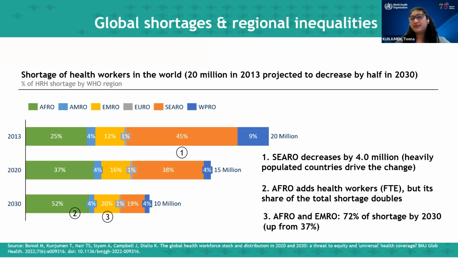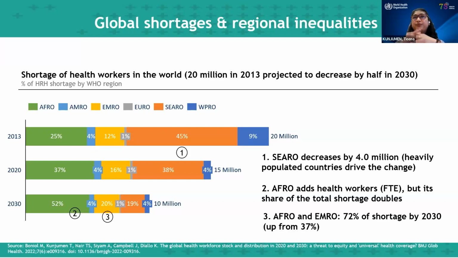And we know that many countries in that region have a younger population. So we see how population drives the shortage, how population would actually affect it. So we're beginning to look at the aging aspect of the health workforce and the aging aspect of the population as well. I also want you to pay some more attention there. We see AFRO, which is our African regional office, and the countries within those. They actually have increased the number of health workers. But what happens is the shortage doubles. And this again goes down to the question, what is the burden in the country?